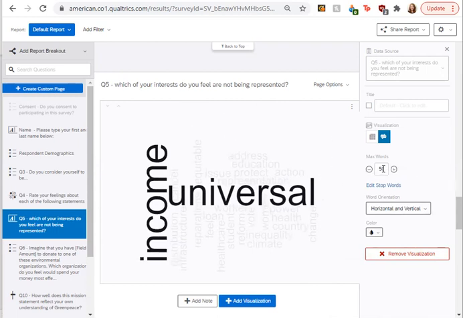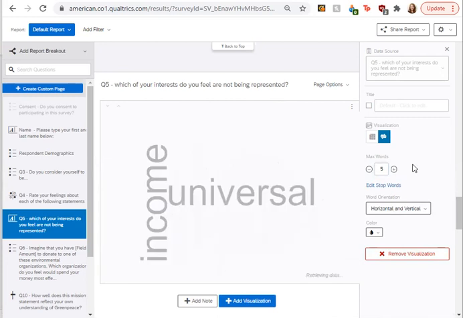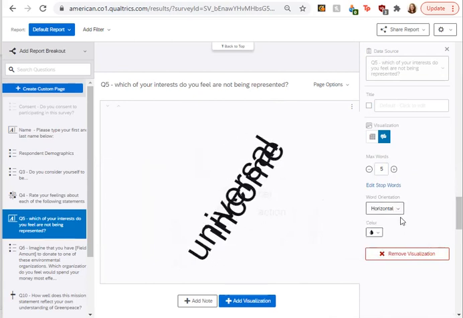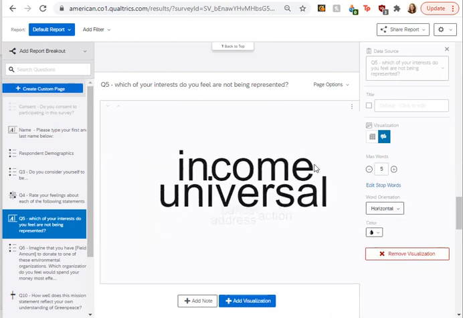And if you want fewer words, like say I only want the top 5 words instead of the top 50, I can do that there. And then it's narrowed down to just a few words: income, universal, cancel, address, and action. So those are the top 5 most used words across the people that responded to this question.